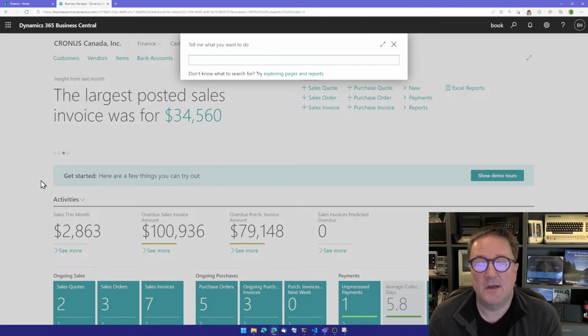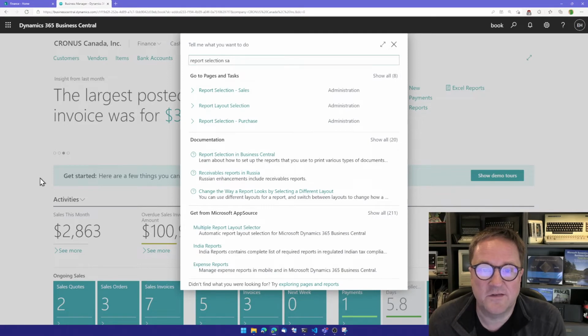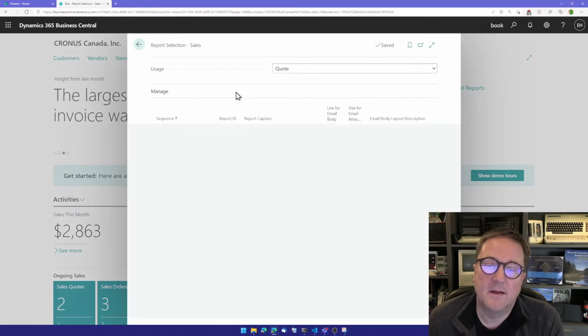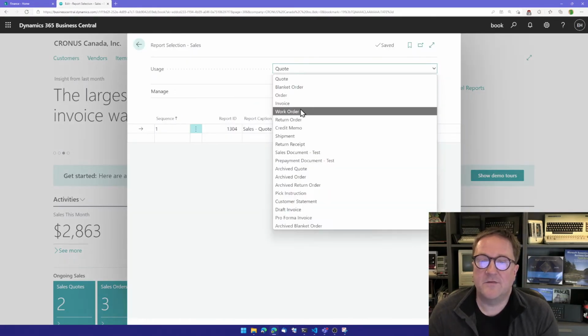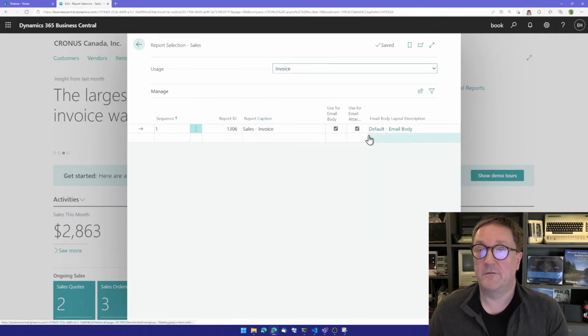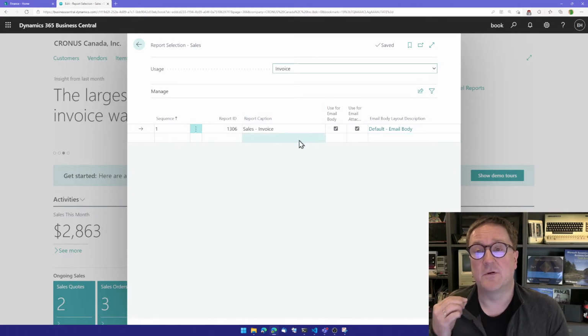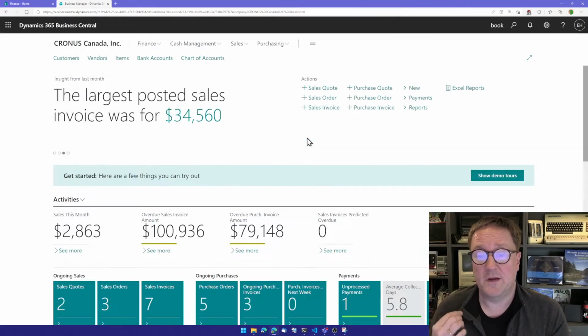The last thing you need to make sure of is in report selection. I think it's called report selection sales. In the case of the invoice, there has to be a report defined, at least one. You can have multiple if you want, but there has to be a report defined as your invoice report. So when all those three things are in place,